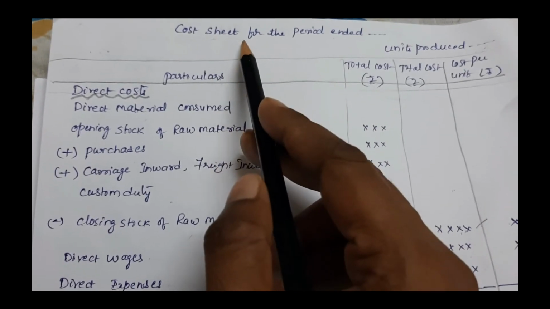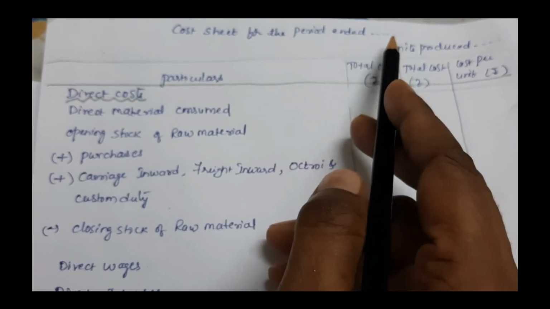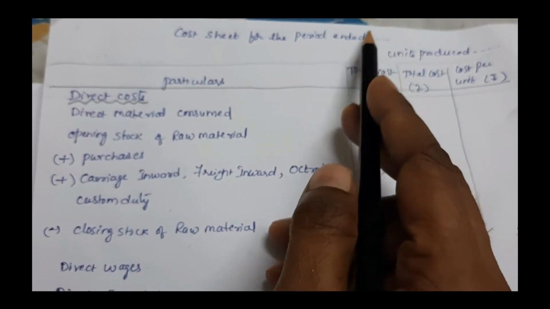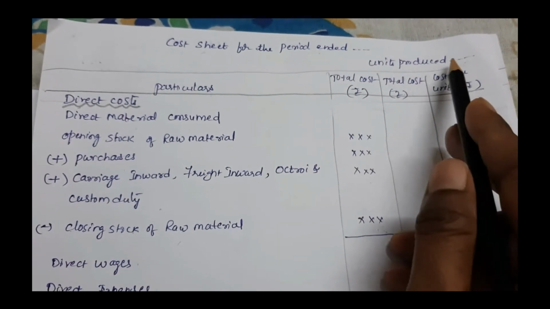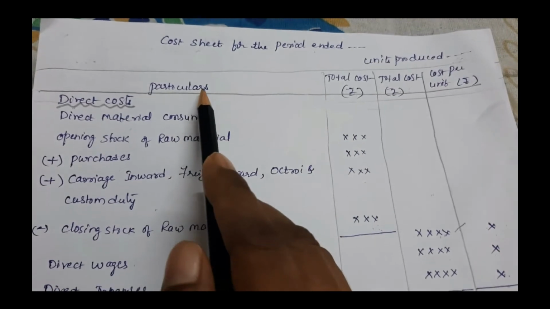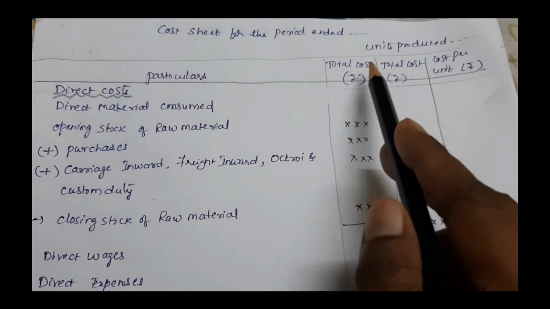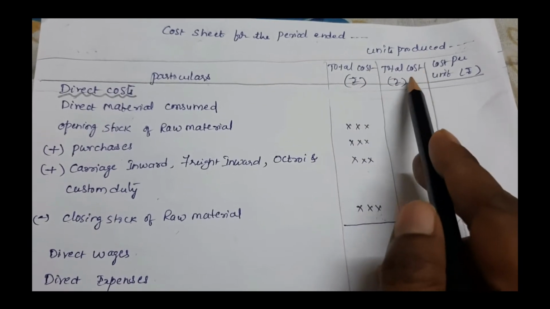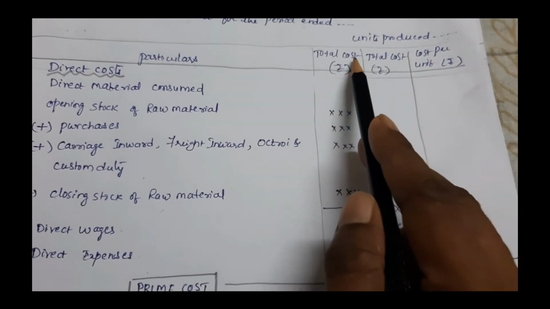Cost sheet is going to be started with this heading, cost sheet for the period ended. So year or the period we have to mention here. Then units produced, the number of units produced we need to mention here, and afterwards we need to draw a table consisting of 4 columns: particulars, total cost in rupees, and cost per unit in rupees. Total cost